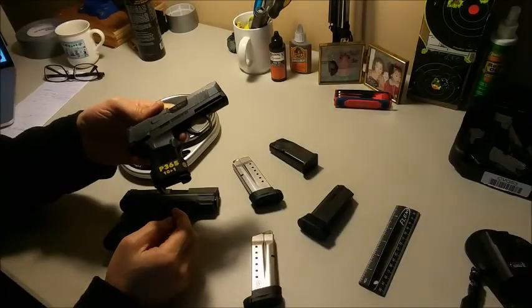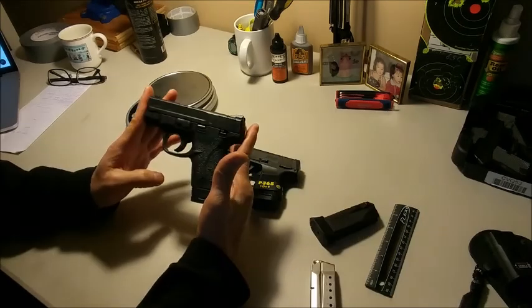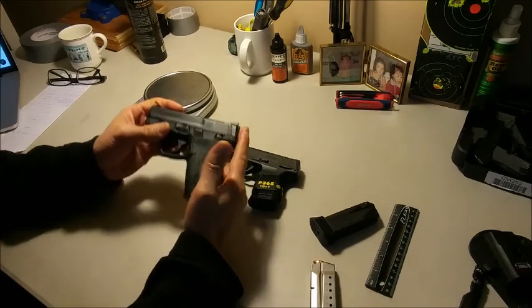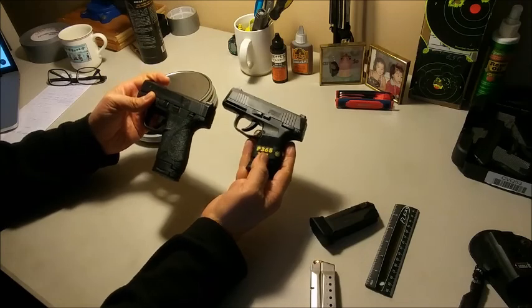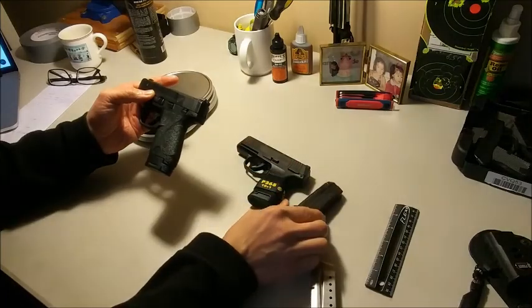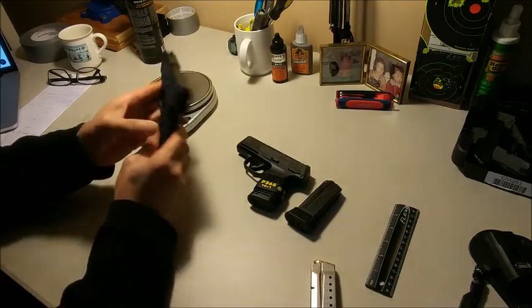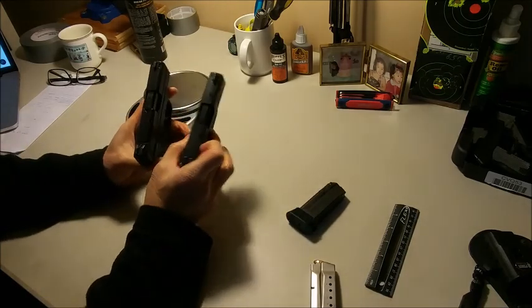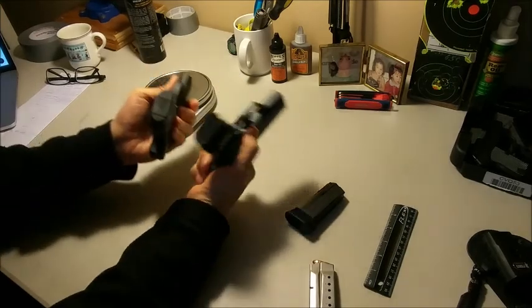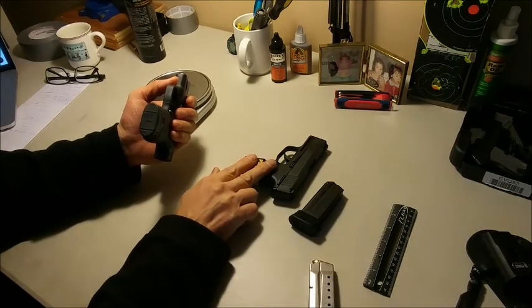From time to time, I'm going to compare it with the SIG P365 as well. I've already done a review on the P365, so I'm not going to go into details, but I'm just going to make a comparison. The whole length is 6.1 inches and the height is 4.6. So it's a little bit taller and a little bit longer than the P365. But when you put an extended magazine on the P365, the height is about the same. The difference is actually the width. The width is thinner or slimmer than the P365